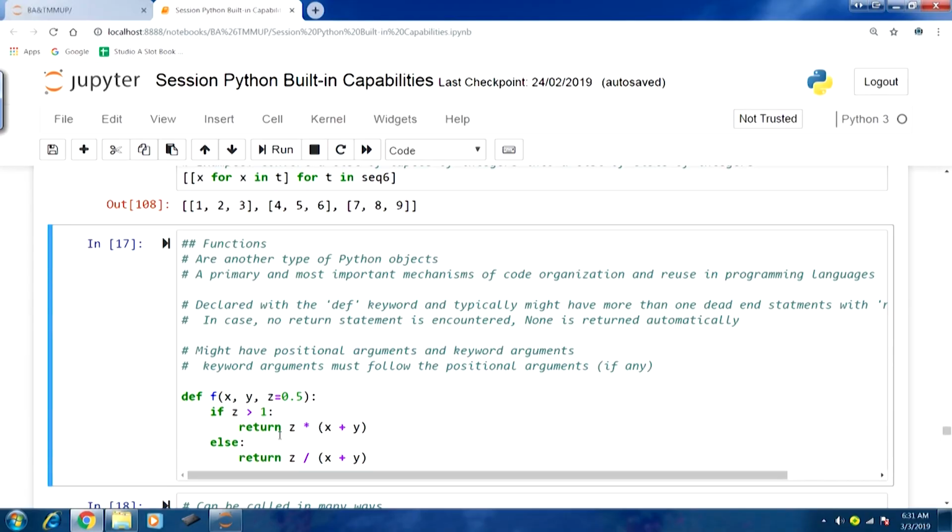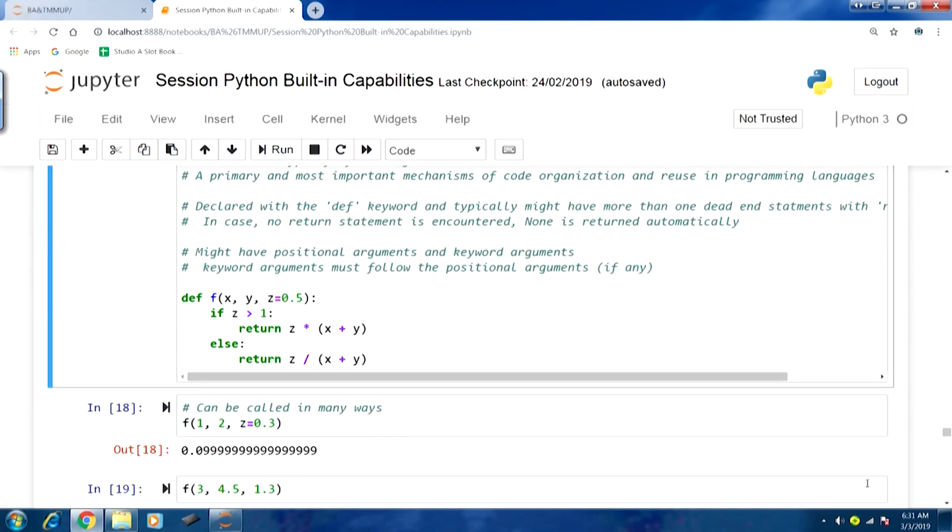Therefore, it is important that they come first, and then the keyword arguments, because they can be identified with the keyword. Here you can see we have given one example. Because of these types of arguments, a function can be called in many ways, and we will see that aspect as well.